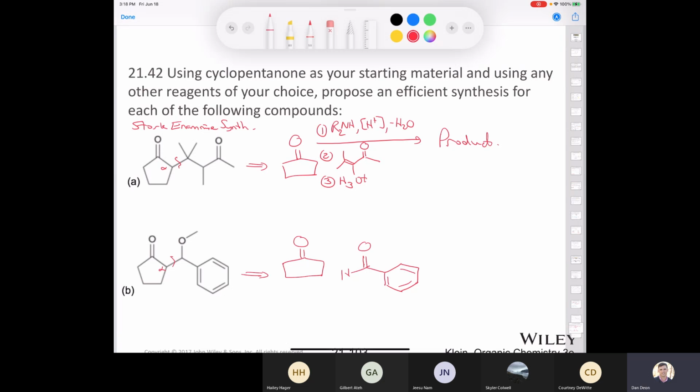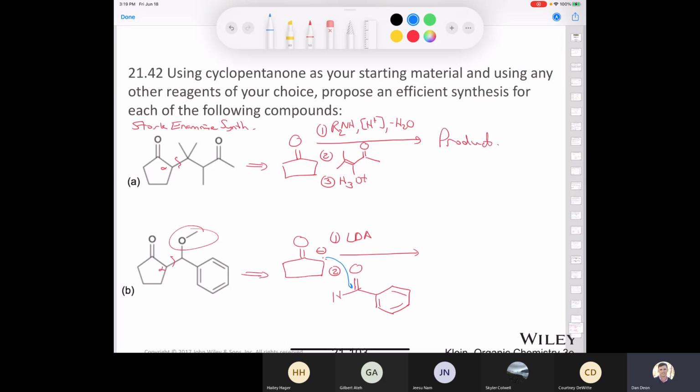Now, of course, if we just put this in sodium hydroxide without heat, that would do an aldol addition, but then we end up with a hydroxyl at this position, and we want to end up with the methyl ether. We want to add a methyl group to there. So I've got an idea. How about we take the cyclopentanone and treat that with LDA? If we were to treat this in the first step with LDA, that's going to completely deprotonate this to make the enolate. Then if we treat it with the benzaldehyde in the second step, what's going to happen is